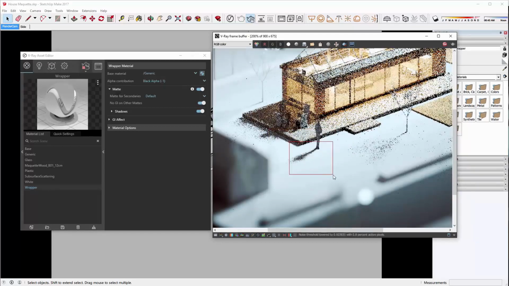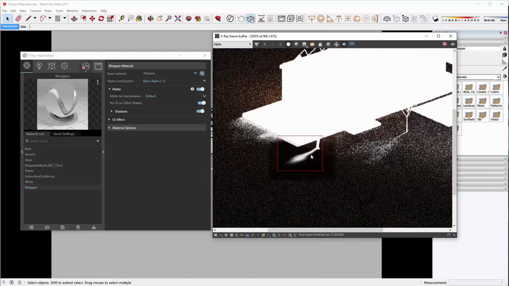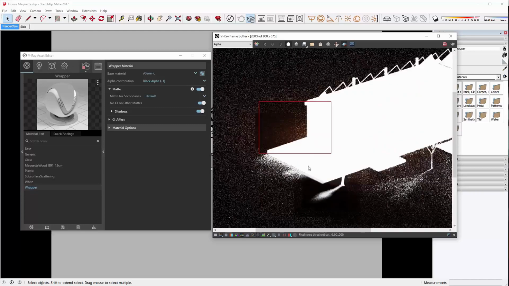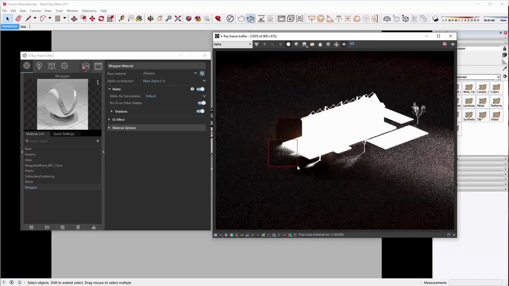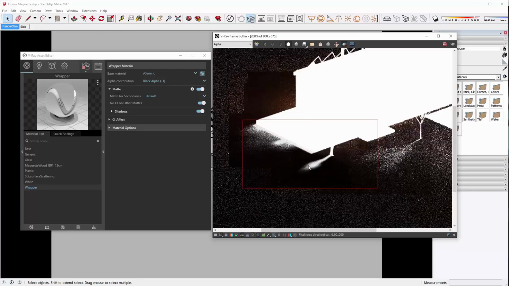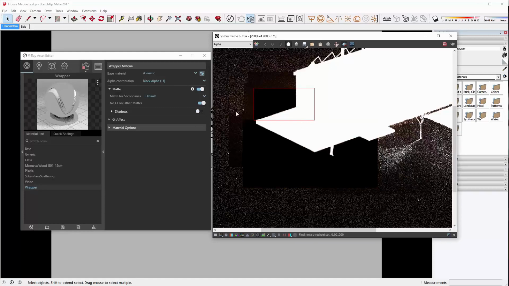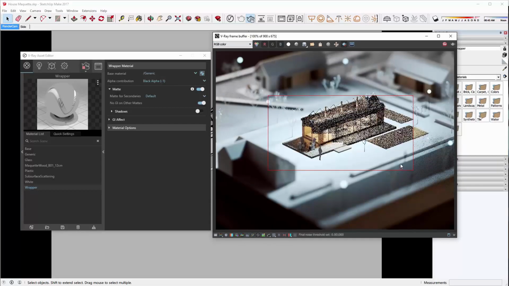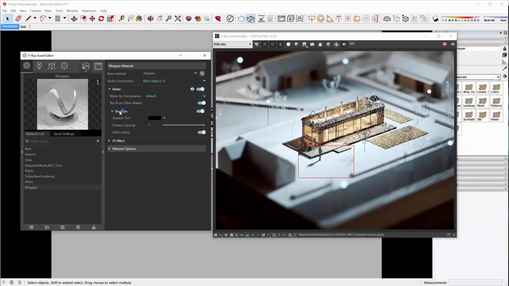So the shadows are stored in the alpha channel, and I'm going to show you that now. So you can see that we have shadows in the alpha channel, and we also have color in the shadow. So it's not just black and white information, we also have color information. And if I want to disable the shadow, it's just a simple switch. And now the shadow is gone. So we no longer have shadows. So if I go to the RGB, you can see that we no longer have shadows that are casted on the background itself. And if I enable them, they're back on.